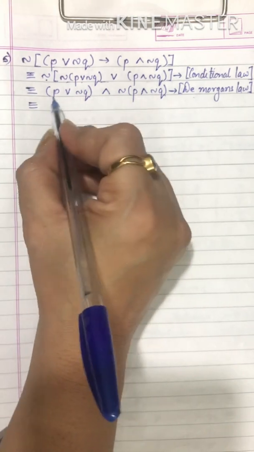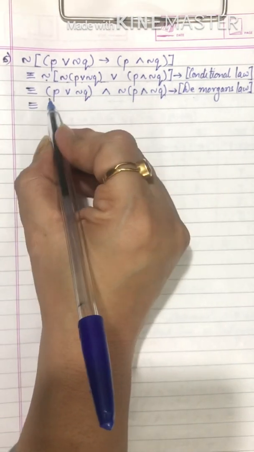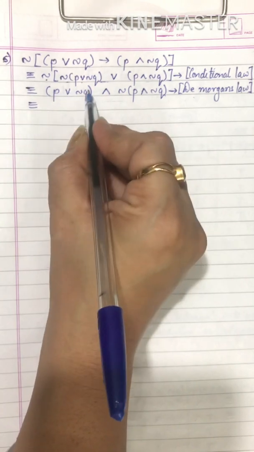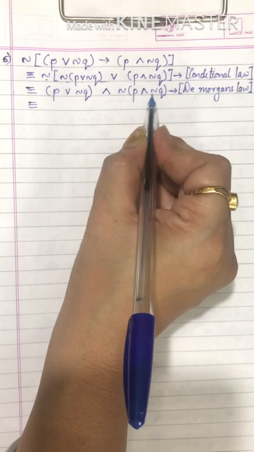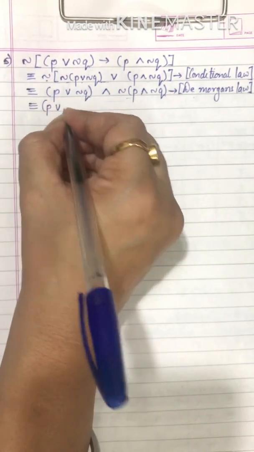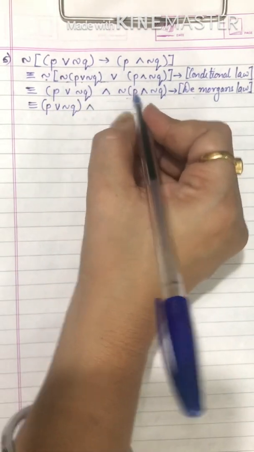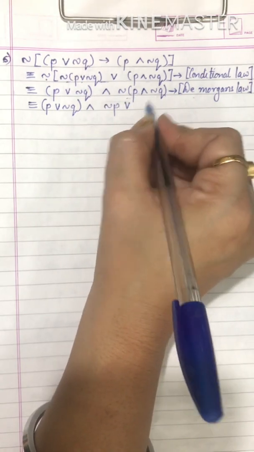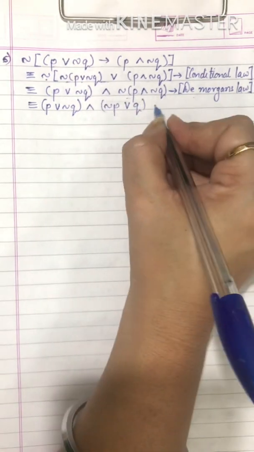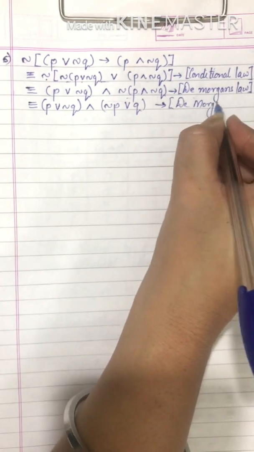So next, what can we do? Yes, if it is coming to your mind, you're right that in this bracket nothing can be done. There's an and connective, negation of P and negation Q. So here we can use De Morgan's law. Very good. So we get P or negation Q, and then apply De Morgan's law here. You get negation P or negation of negation Q, which gives us Q. This is it. See, the sum is done.